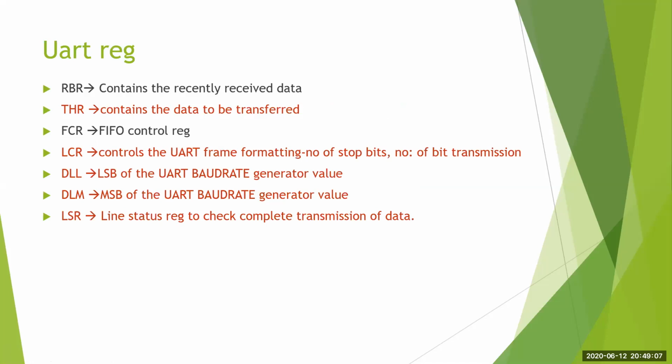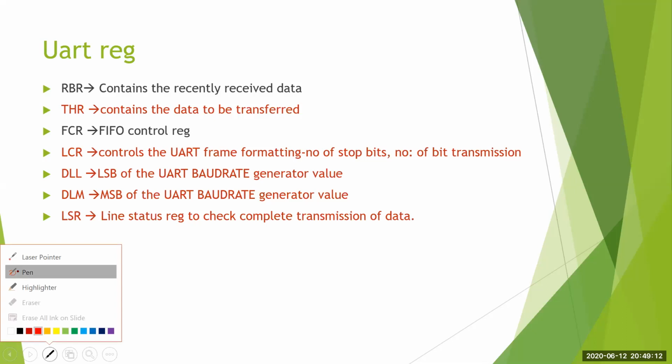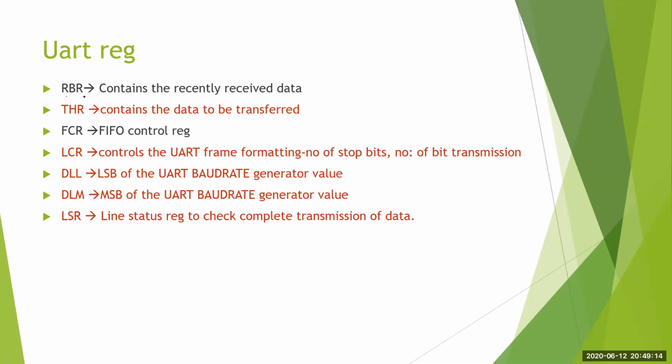There are certain special function registers which are used with respect to UART. This is RBR, which is used for receiving the data, whereas in your program you are transmitting hello world, displaying hello world on the UART window. So RBR is a register used for receiving, and you are not going to use it as we are transmitting the data. Reception means receiving registers will not be used. Along with this, you have FCR, the first in first out control register.